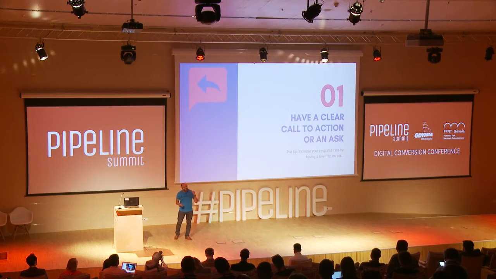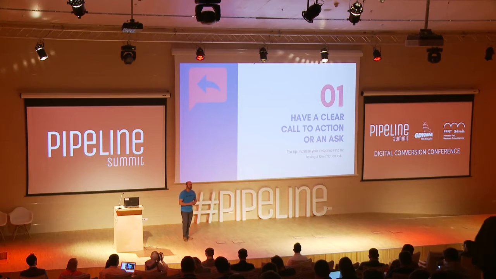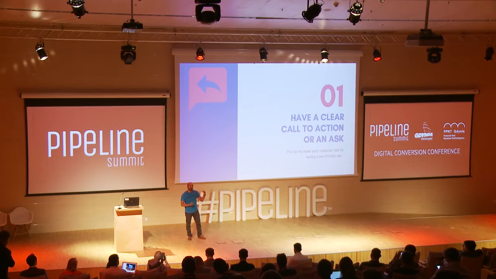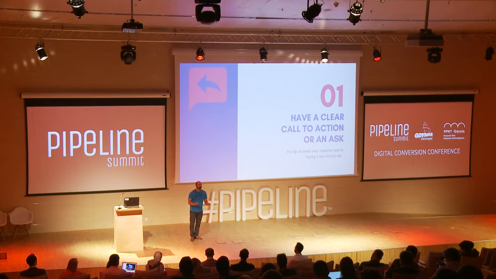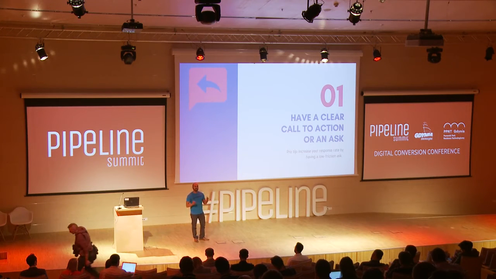First and foremost, and this is the single biggest mistake I see in all types of cold emails, there is no clear call to action. There is no clear ask. Like, what do you want me to do? Oftentimes this is because the call to action is so far down the email that I've already made my decision, I don't care, or the person on the other end is never going to get to your call to action, or the call to action is really big. So what I recommend here is in your first email, make your call to action very, very prominent, very, very simple. You should be able to say your ask in one sentence, in 3 to 5 words.